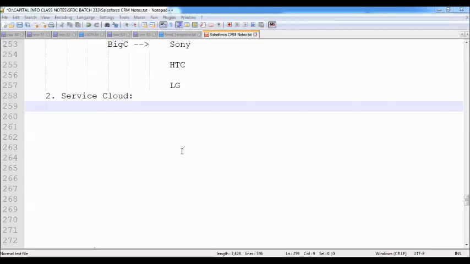For an organization, service is very, very important, because a customer will buy the product only once. But as an organization, it is my responsibility that I always have to stay with the customer. Whenever the customer is facing some issue, whenever the customer needs my support, I have to stay with the customer and resolve the problem. If I give very good services, then only the customer will stay with me for a long time. If I give quality services, then the customer will buy some more products from my side in future.